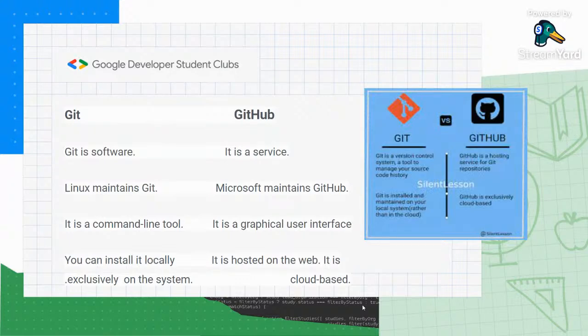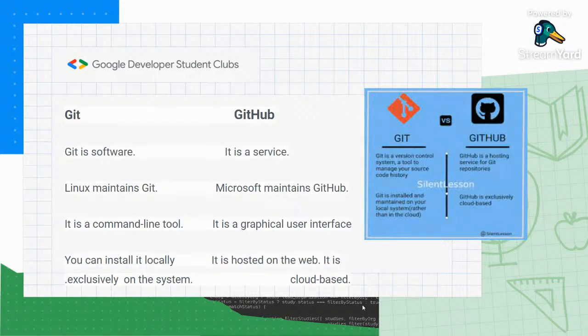Git is somewhat similar to a Linux operating system. That is, Linux maintains Git. You have to write the codes if you want to push, pull, merge, make a branch. For everything you do, you have to write codes in Git, right? And what is GitHub? GitHub is basically a cloud. The number one company that has contributed to GitHub is Microsoft; Google, SAP, and many more companies have already collaborated with GitHub, and it's excelling in its field. The exposure you get on GitHub is completely unmatched, and you get to learn new things.